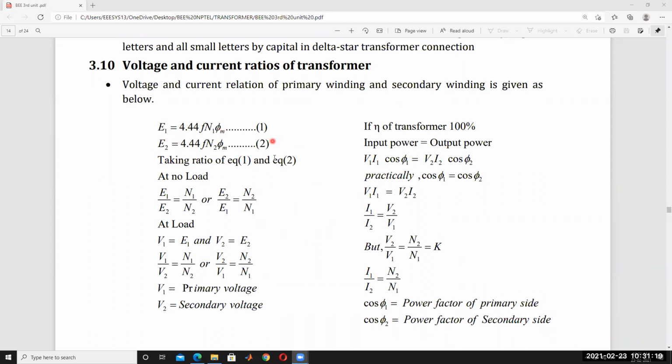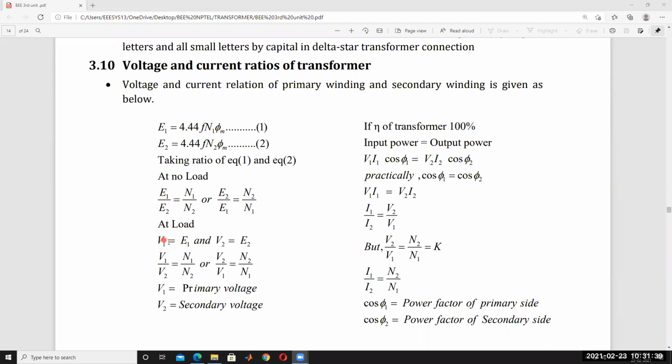Take the ratio of these two, and E1 by E2 is equal to N1 by N2, because F is constant and phi m is constant. That's why you will get E1 by E2 is equal to N1 by N2, or E2 by E1 is equal to N2 by N1. Okay. For loaded condition, that means if we are connecting the load,